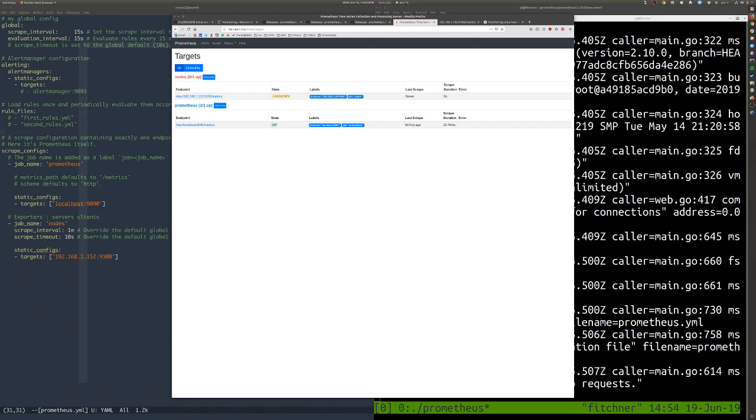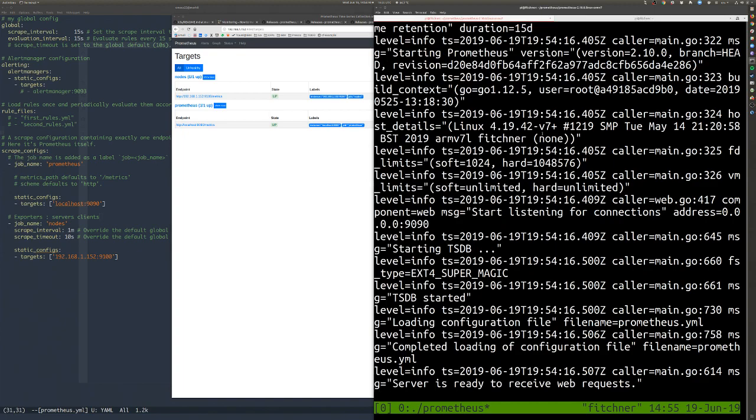Keep going. It's doing its thing. Come on. There we go. Awesome. So now we actually have Prometheus monitoring itself. I still don't have InfluxDB or Grafana up and running, but I now have Node Exporter exporting data out to Prometheus. So let's take that next step farther and go to